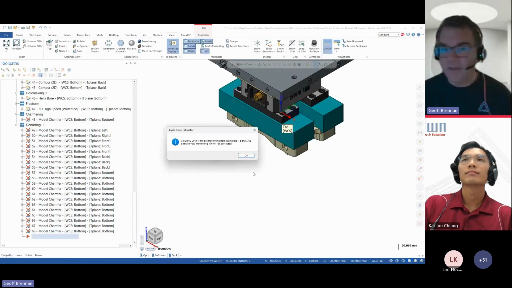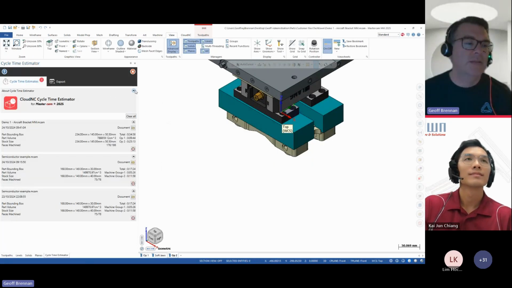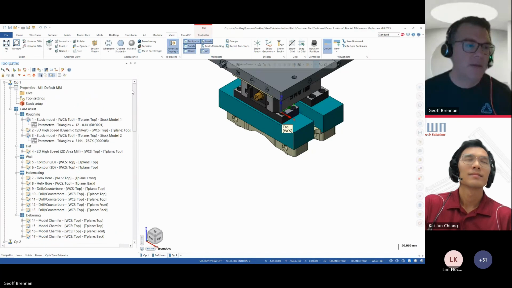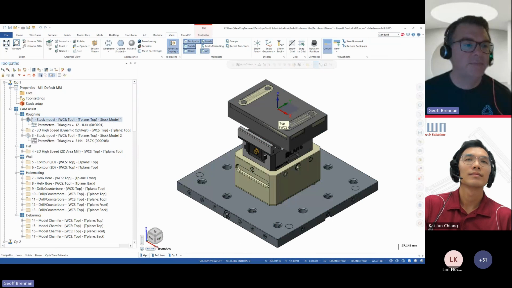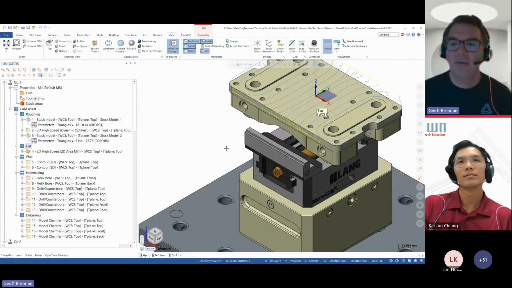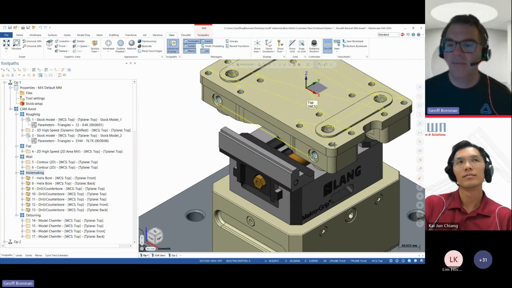All right, let's see how this one's going. So I've got the part ready. It's in the queue now too. I'll come back to the toolpath. Go back to op 1. So you can see after roughing, we're going to be in this state. Then we do our flat finishing and wall finishing and our hole making operations.